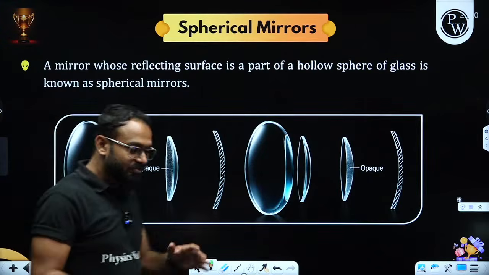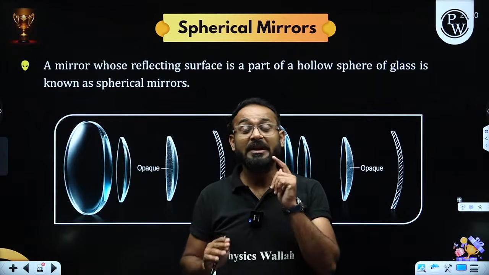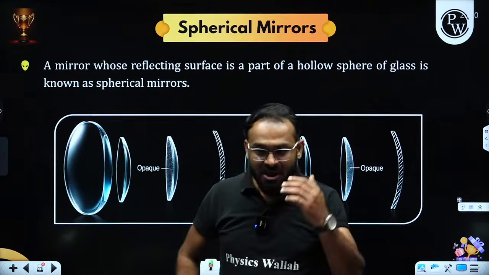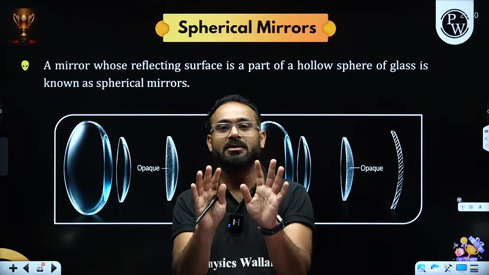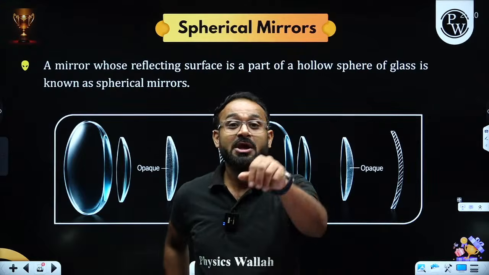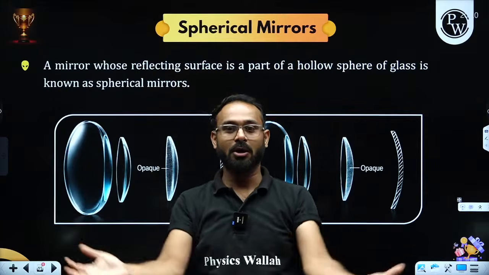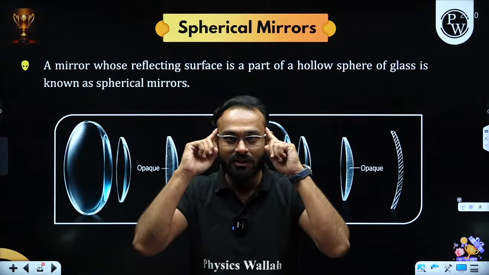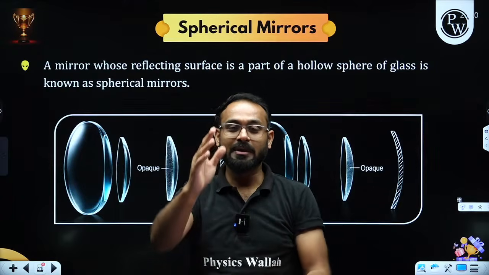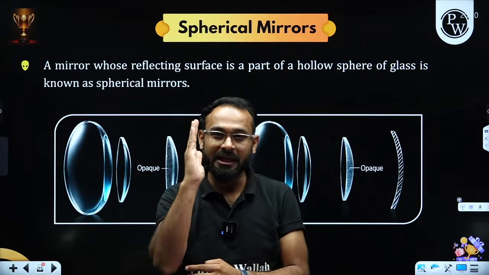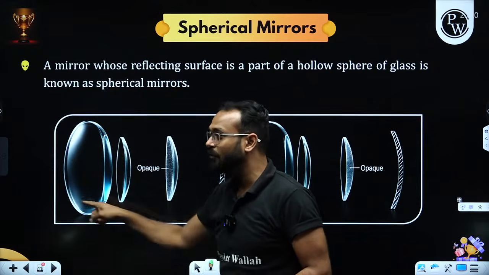Now, this was the entire thing related to the plane mirror. Talking about spherical mirrors, from here sometimes students get stuck. Sir, this is difficult. It is very easy. Consider you are having a complete spherical ball, a big ball. What am I going to do? I am going to take a knife and cut it, and I'll take this much part from that ball.